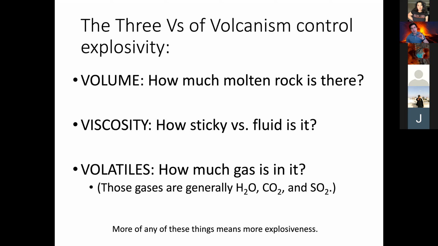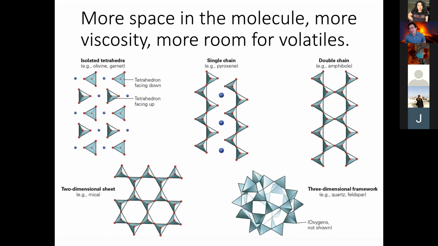So we're going to be talking about all three of these a lot for the rest of today and on Wednesday. So even if you don't remember them yet, you hopefully will. But yeah, high viscosity, high volatile, high volume, big boom. Okay, volcanoes in that movie don't work like real volcanoes, but he does say boom there. So anyway,